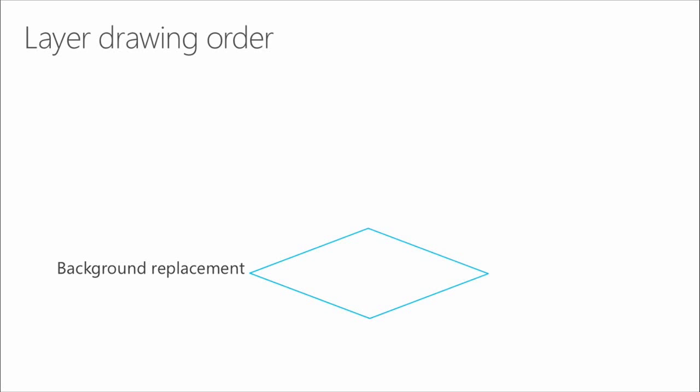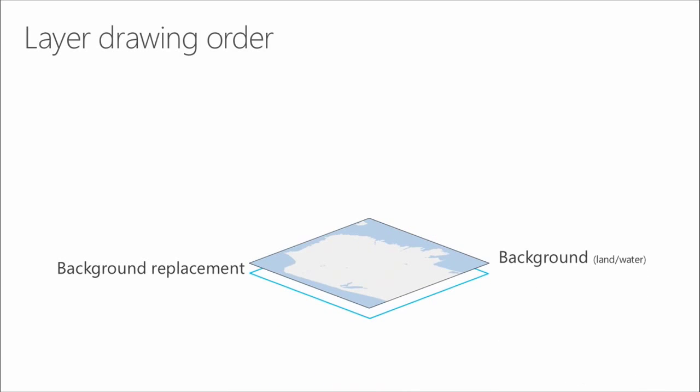Okay, so now that we have that, let's talk about how we actually do this map rendering. At the very bottom, we give you the opportunity to supply a custom tile source for the background replacement of the map. To use this, you'll need to use a special map setting of none for this feature. On top of that, we hand you the land and water of the map. On top of that, we allow you to put another map layer called background overlay.